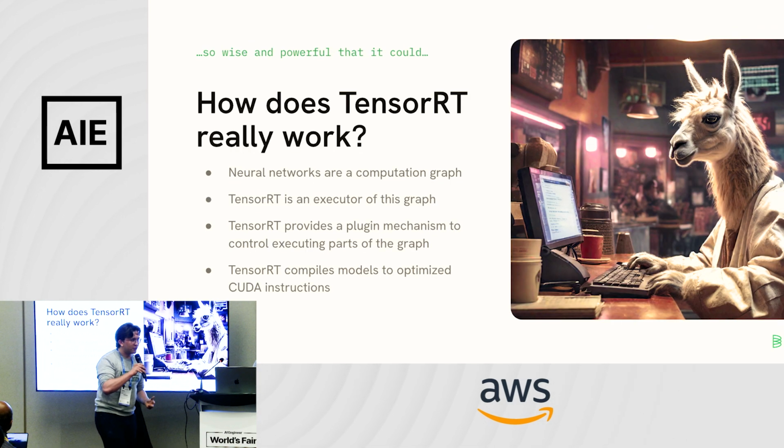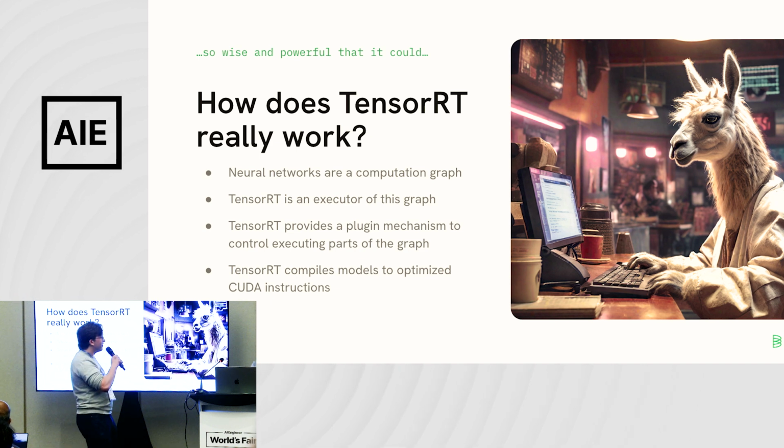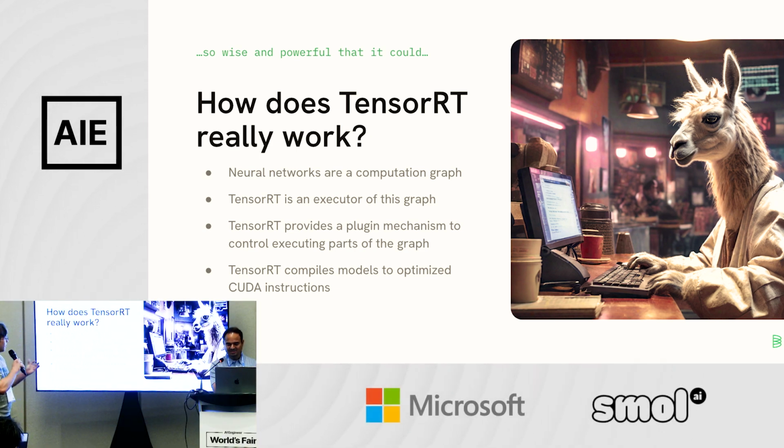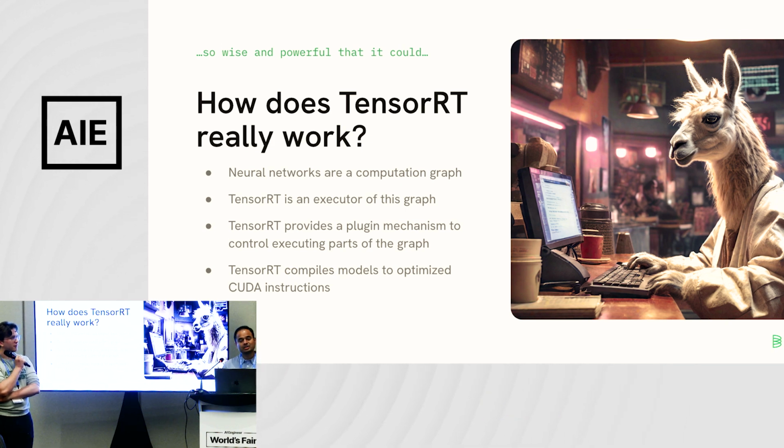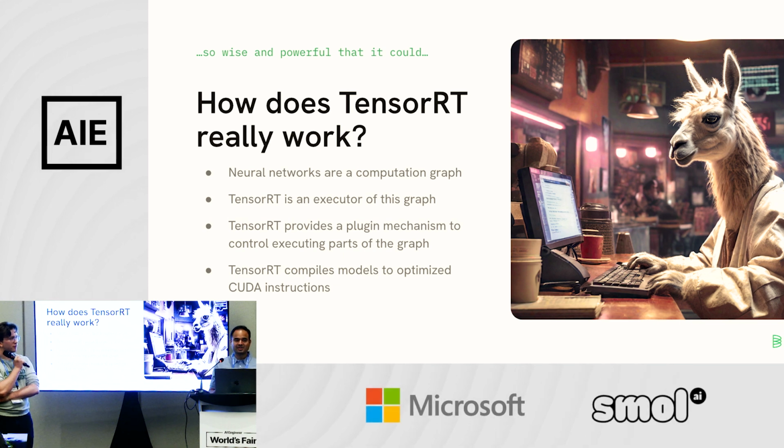So how does this work? Do you want to jump in here and talk about this a little bit? Because it's a really cool process, how you go from a neural network to an engine. Yeah, exactly. Ultimately, what are machine learning models? They are computation graphs. You flow data through them, you transform them, and ultimately, whatever executes a model does that: they execute a graph. Your neural network is a graph. TensorRT works on a graph representation. You take your model and you express that graph in TensorRT using an API.